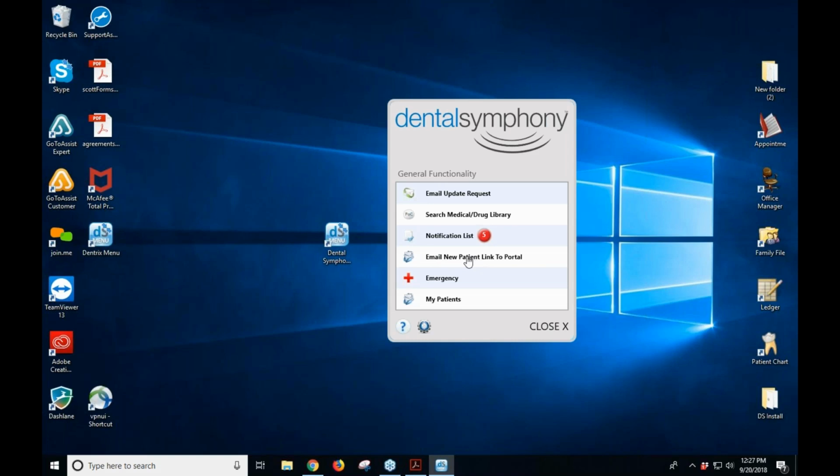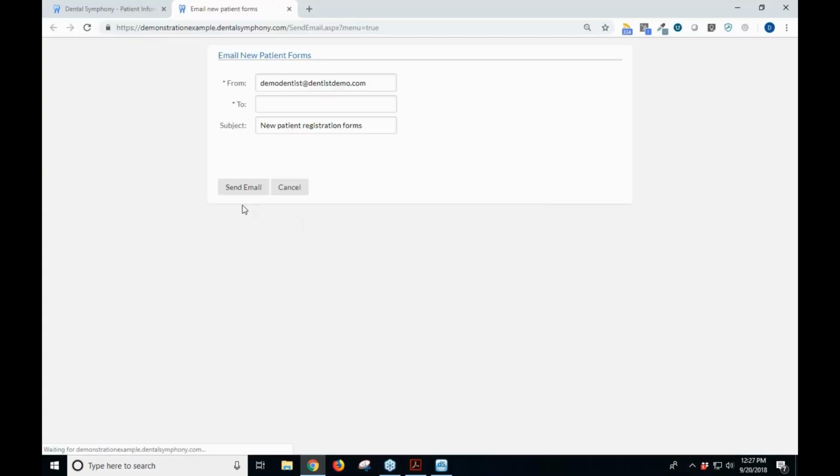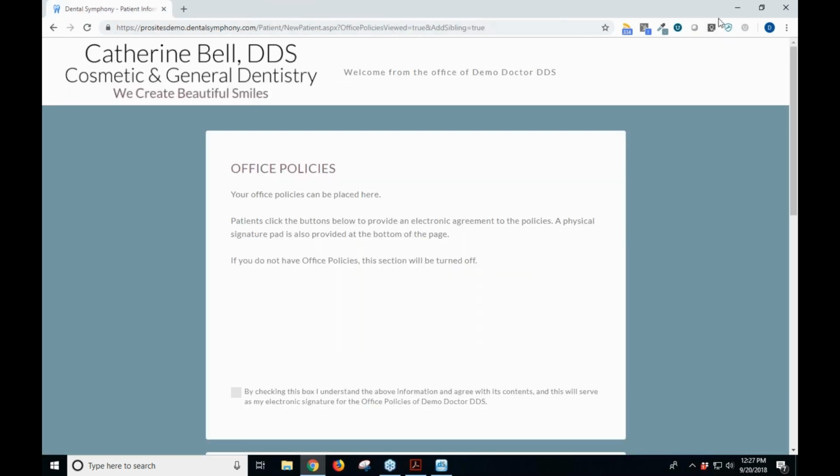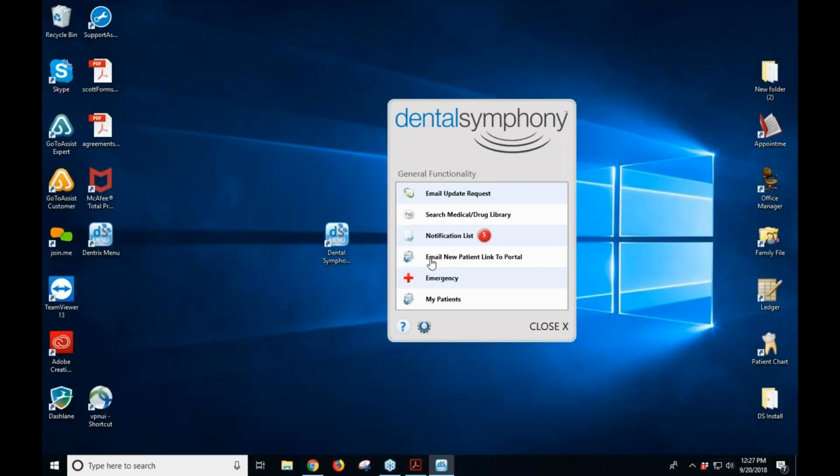In case you have a practice where you don't want to just direct everybody to your website, but you'd rather email them the link directly, you certainly can. We provide an email option so that you can send them in the first time through email. You can also send them an update request so that if you ever need them to go back in a year later, 6 months later, kind of harkening back to what Keith was saying earlier, it eliminates the need for that